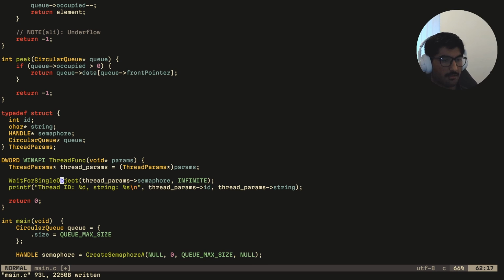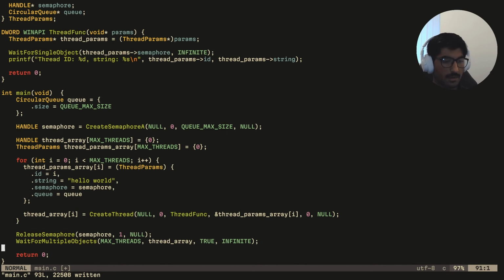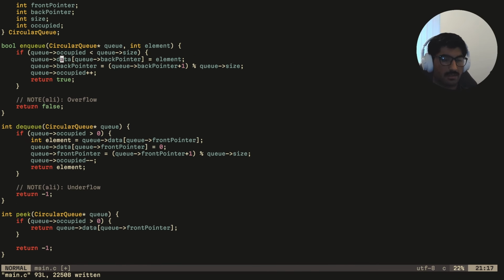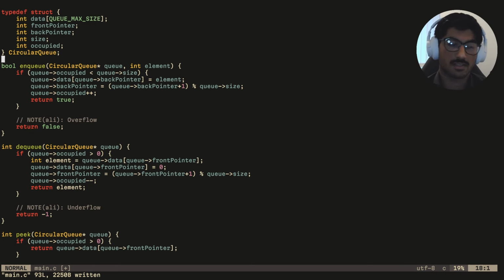But okay, so we passed the queue in, and we have a way for these objects to wait. We have a way to control when the threads are asleep and awake using the release semaphore function right down here. Now there's one more thing that we have to do, and that is prevent race conditions. If you aren't familiar with what a race condition is, it's not a simple concept, but when you have multiple threads trying to access the same piece of data in memory, what can happen is,